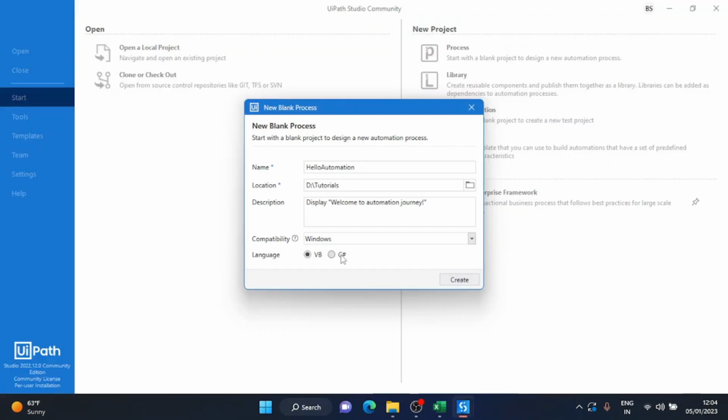Now, while choosing the language between VB and C#, VB will be the default language, but you can select which language to use for expressions. You can select only one language at a time for your project. Either it can be C#, or it can be VB. You cannot write VB expressions in your project if your project's language is C#, and